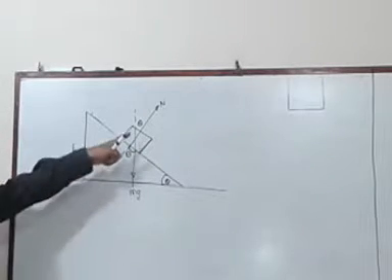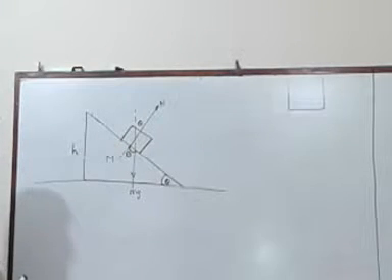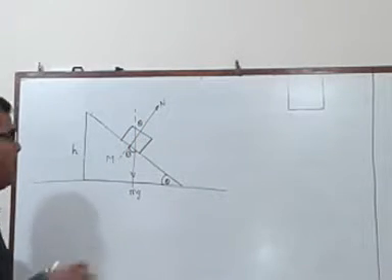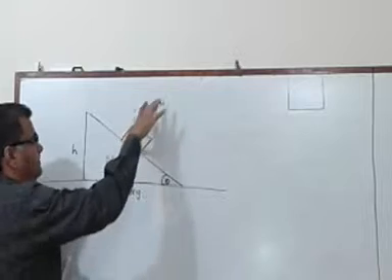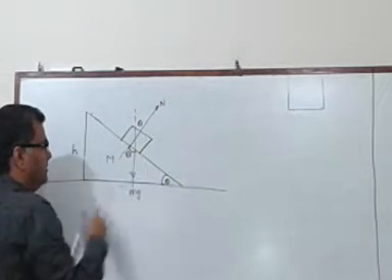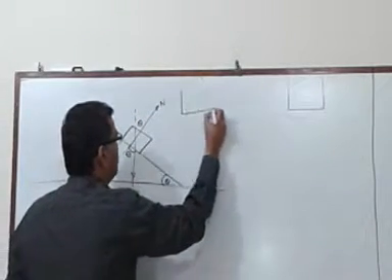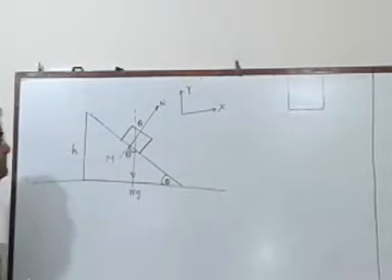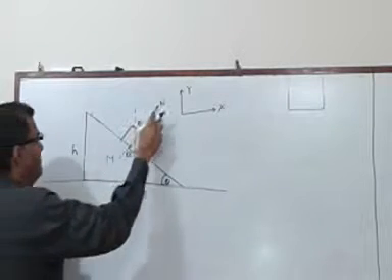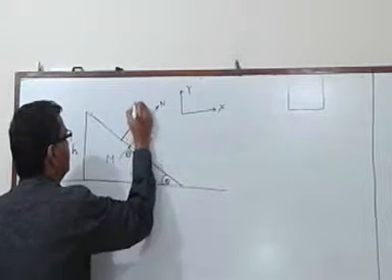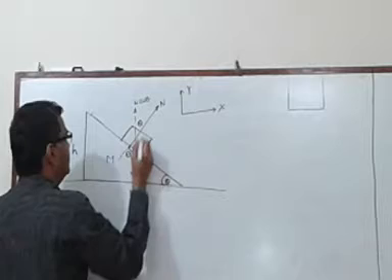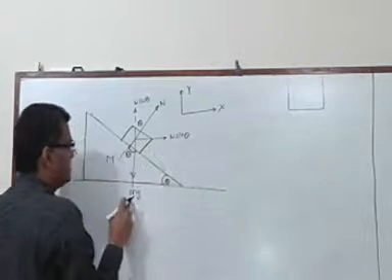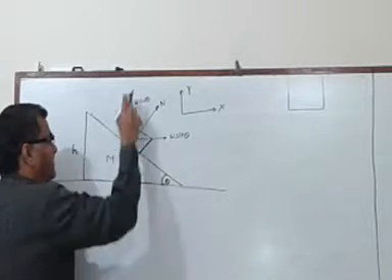So what are the two forces acting on this particular block? One is N and the other is mg. I am going to find the actual force acting on this block with respect to a coordinate system, horizontal and vertical. So let me resolve N. It gives me N cos theta and N sin theta. I need not resolve mg because it is already acting vertically downwards.